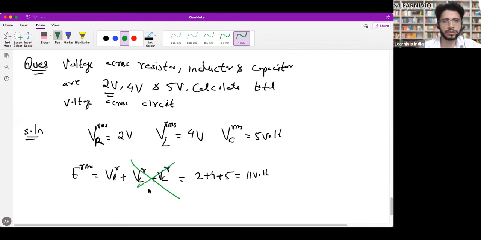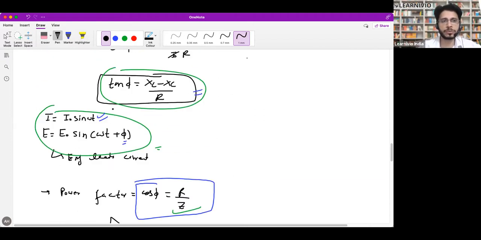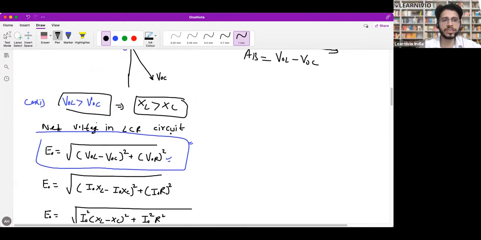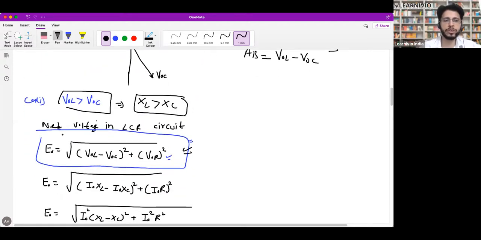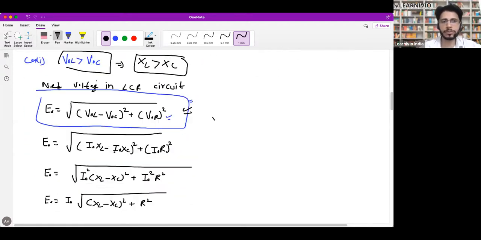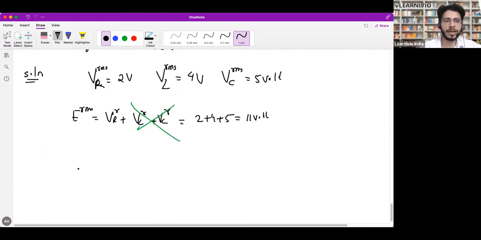It's a wrong calculation. Voltages here are vectors. You can't add them up algebraically. To add them up, you need vector laws. And which vector law? This one. So use this expression and get the value of voltage. Use this expression. Like you can write your E as